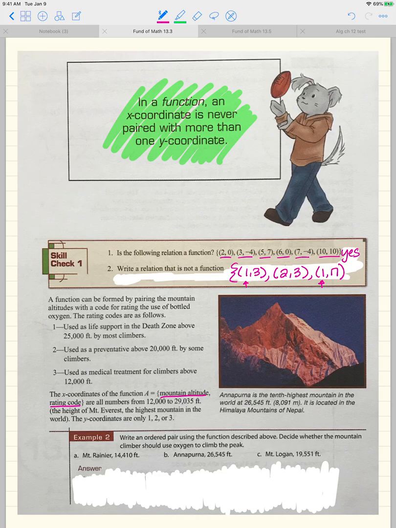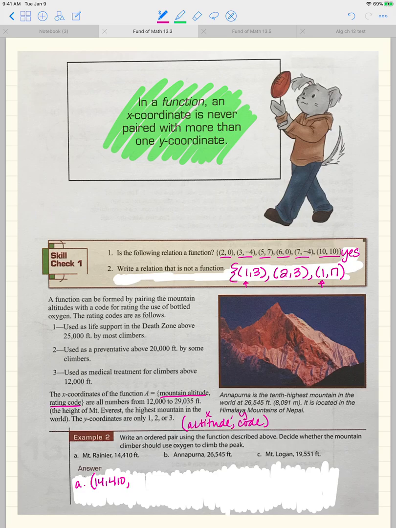So example number 2 says, write an ordered pair using the function described above. Decide whether the mountain climber should use oxygen to climb the peak. So remember, we're using altitude, comma, code. All right, that's our ordered pair, x, comma, y, altitude, code. Mount Rainier is at 14,410 feet. So our coordinate point for A for this relation would be